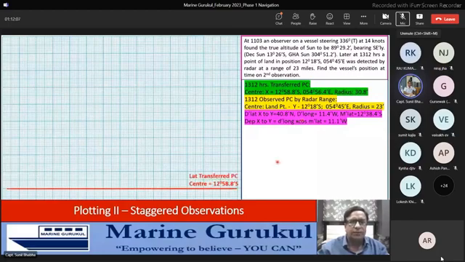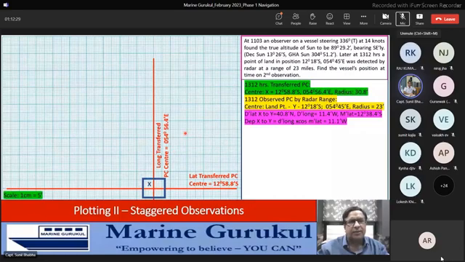First we have this latitude of X, that is the center of the transferred position circle. We have the longitude of X. Obviously this point is the point X, and what is point X? It is the center of the transferred PC. Now using a suitable scale, we have taken 1 centimeter representing 5 miles, because distances involved are slightly larger, like 23 miles and 30 miles, and therefore the scale is 1 centimeter is to 5 miles. Using this scale, we can mark off the DLAT, and